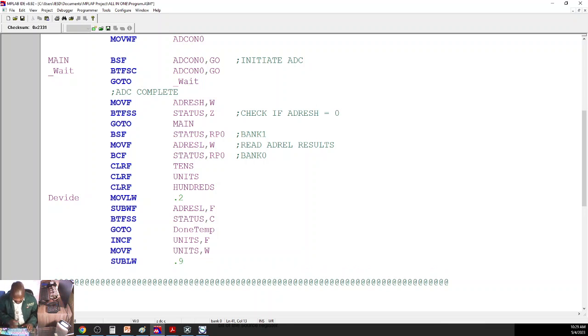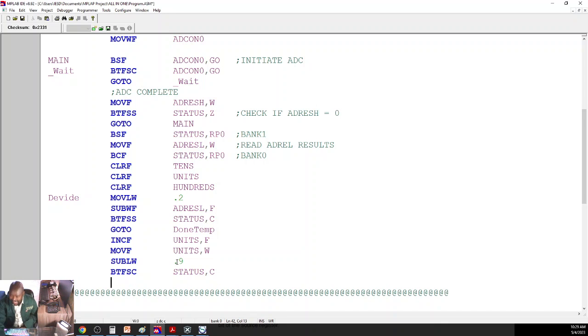So I'm going to say here, bit test file, skip if clear, status, comma carry. Why clear? If it is set, that's what I want. I want to make sure that the carry bit is set, meaning 9 is greater than units. If the carry bit is set, then it's fine. I can go back to the loop. Go to